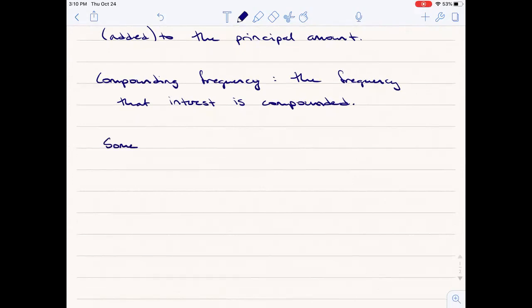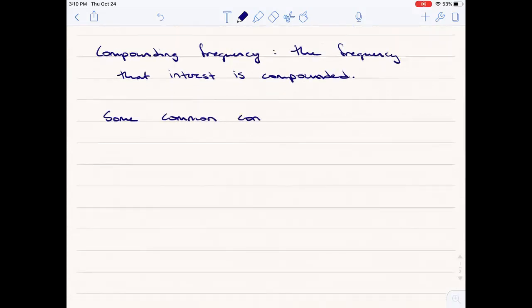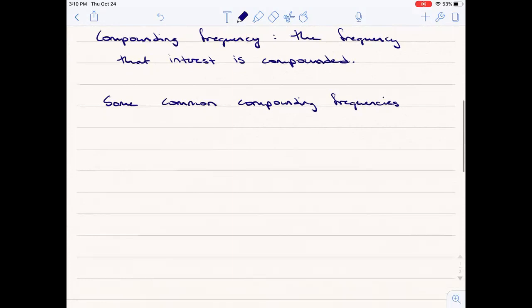Some common compounding frequencies that we need to know, because they're going to come up in questions. If I say it's compounded biweekly, then you need to remember that that frequency is 26. We're going to list all these frequencies, and you're going to have to memorize them somehow. Most of them are pretty straightforward, but some of them are a little bit tricky. So some common compounding frequencies we need to know are,